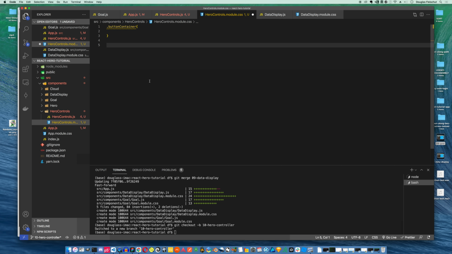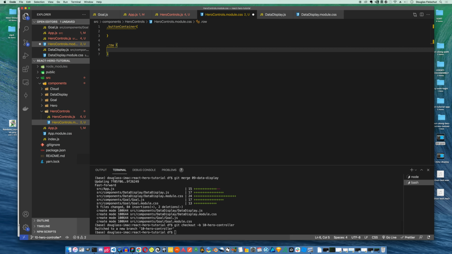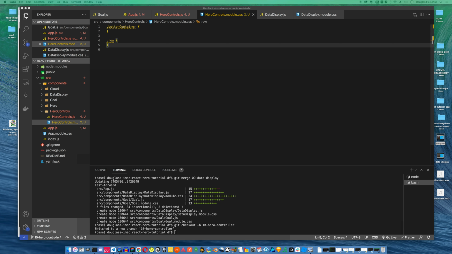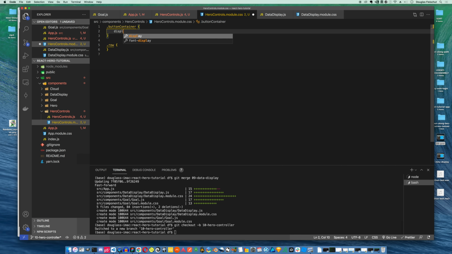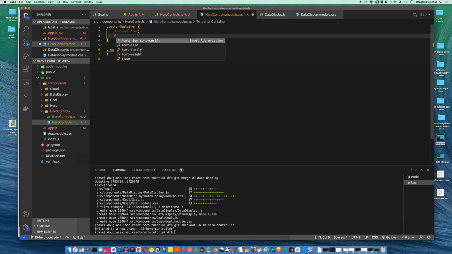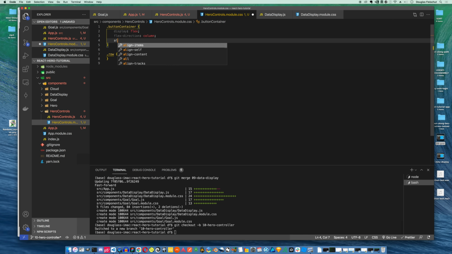And we'll make that button container, and we'll make that row. And just like before, we'll just have some flex boxes. So here, this is going to be display flex, and just like before, this wants to be a column, right? So it's going to hold the 3 divs in a column that we want to center. So we'll align those items to the center,